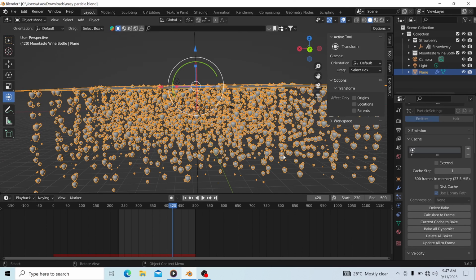So the particle system, or easy particle system, has been explained. It is very simple. But if you need further explanation as regards this,